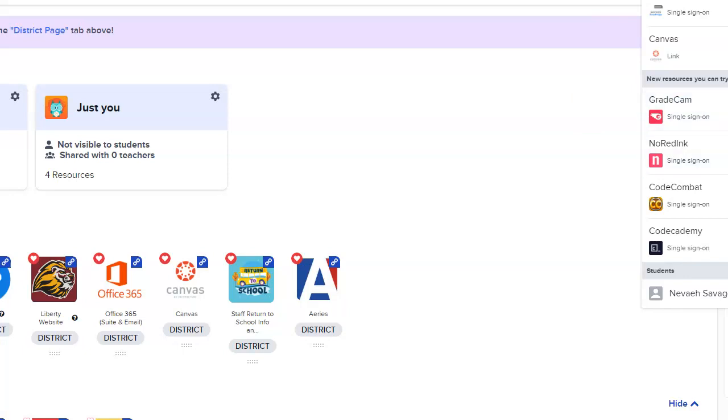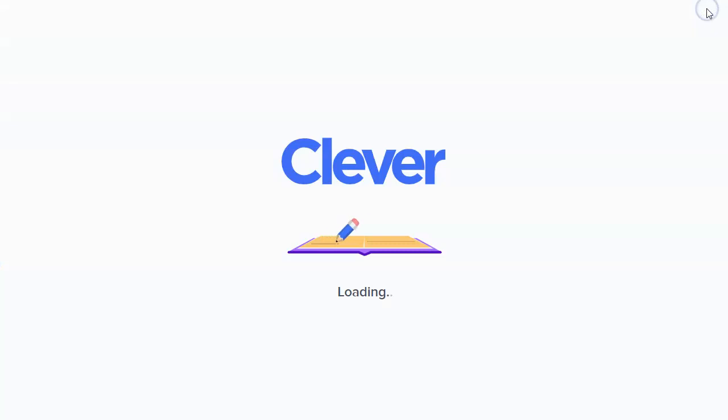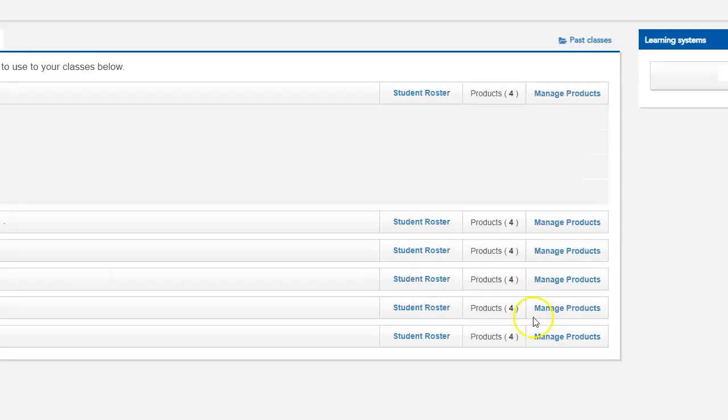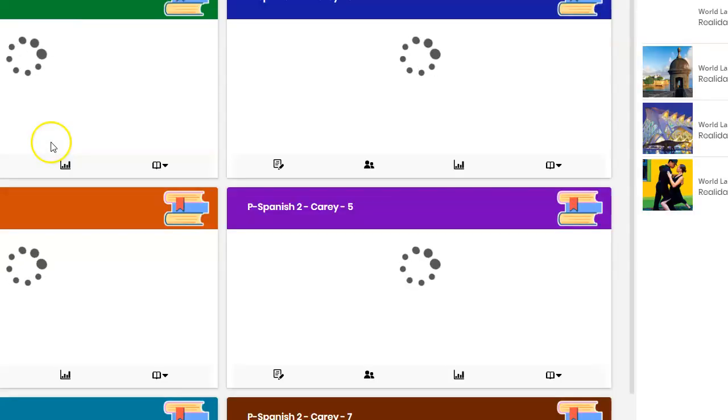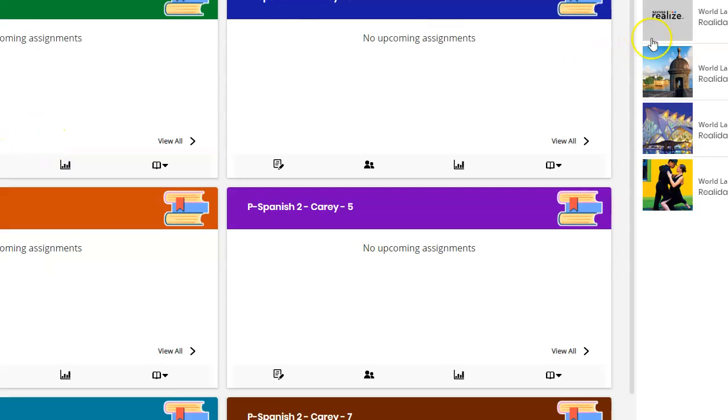S-A-V as in Victor, A-S. And you'll see it's the first resource that pops up there. You're going to go ahead and click on that. And if you're going through your Clever account, it should take you directly to probably not a page that looks like this, but a page that looks like this. And for you, I've given all of you access to all 4 levels of Spanish.